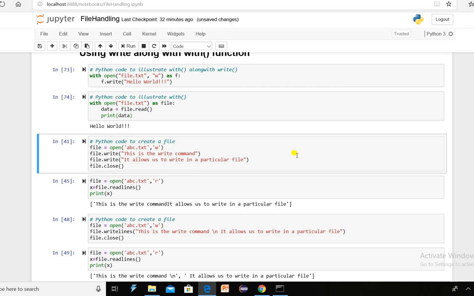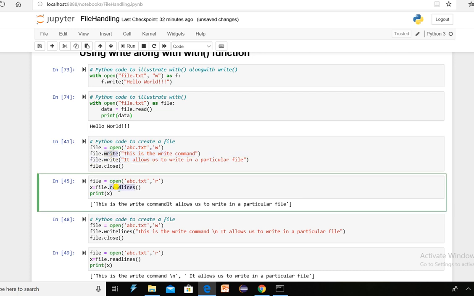Okay, so again, multiple examples we have shown. Here the file handler name is file, abc.txt, and two lines you have written by using the write method, and by using the readlines method you have read this.